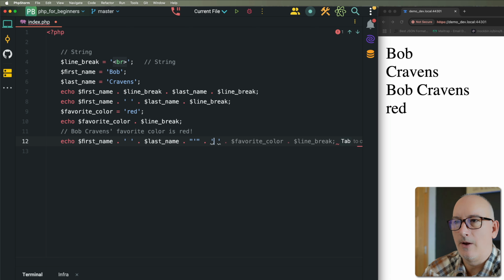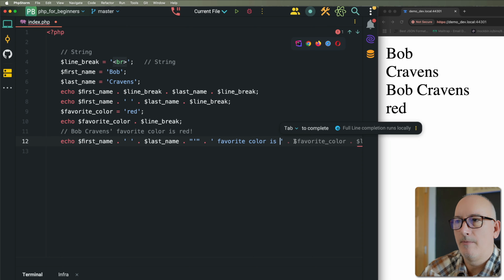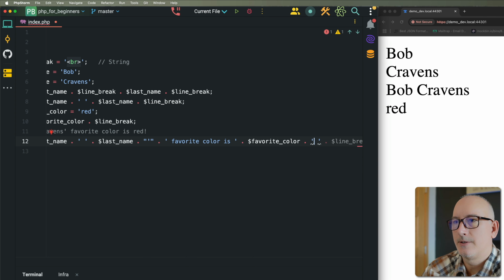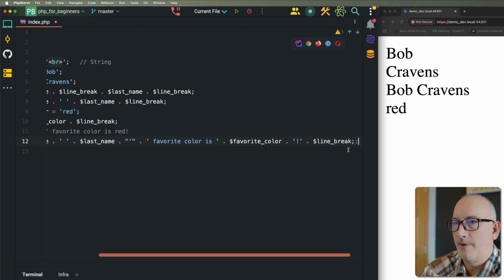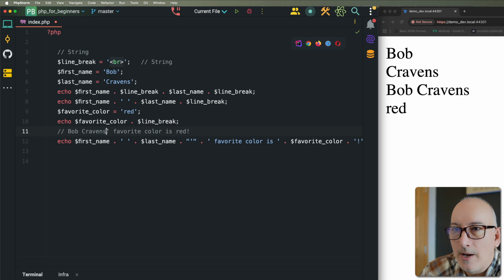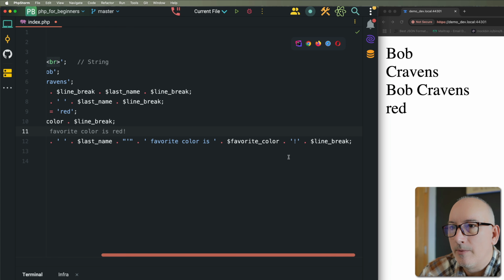And let's go ahead and finish this out. And I can see we're going to need a space here and a space there, probably. And then we're going to put favorite color. And then we want the exclamation mark and then a line break. Okay. So we're going to end that with a semicolon. We got echo first name. We got a space, echo last name. We're echoing out that apostrophe, which is right here. We echo out favorite color is, and then we echo out the favorite color with an exclamation mark and then